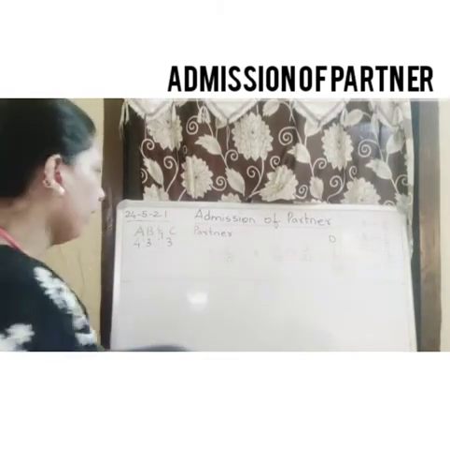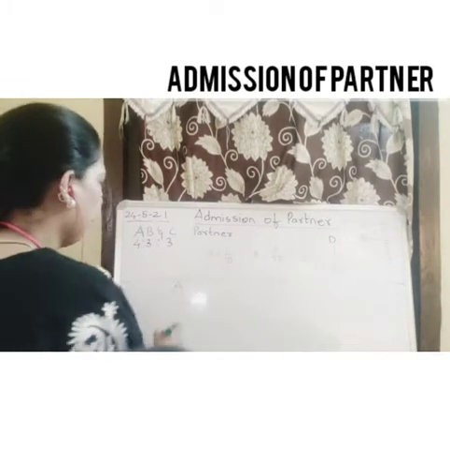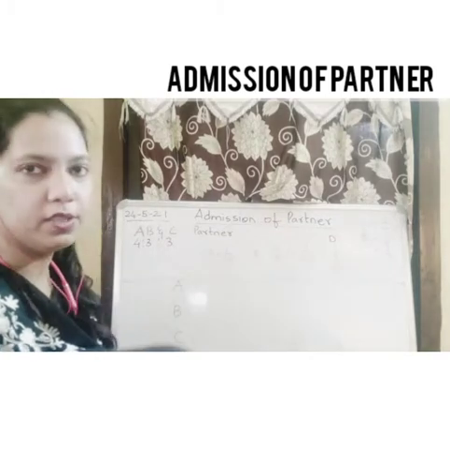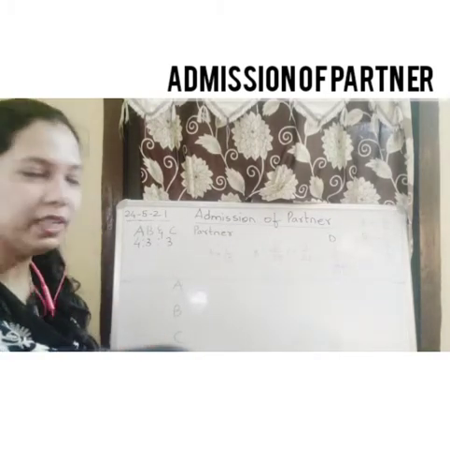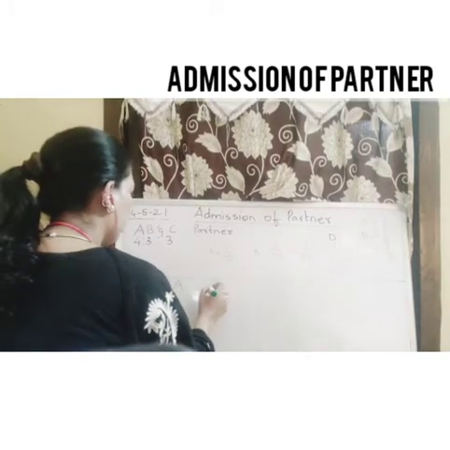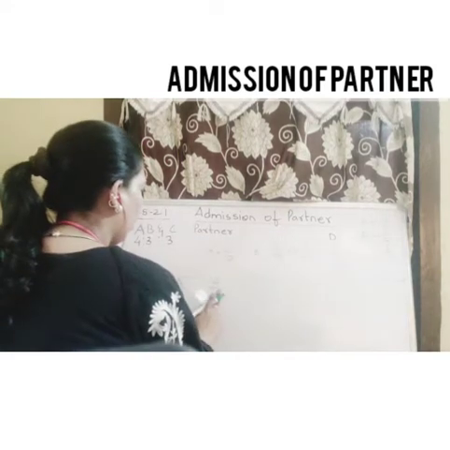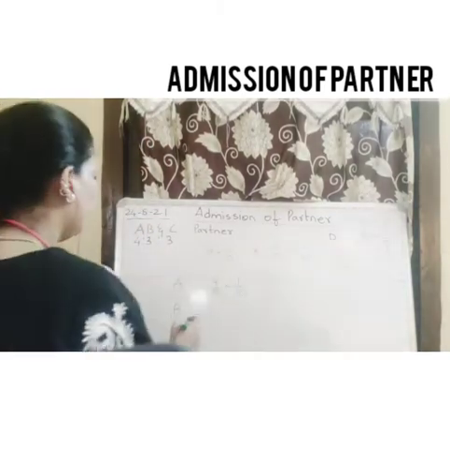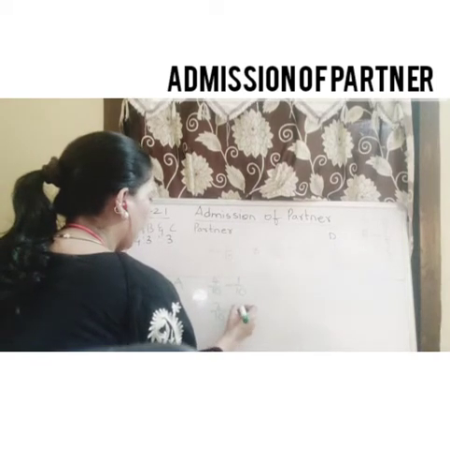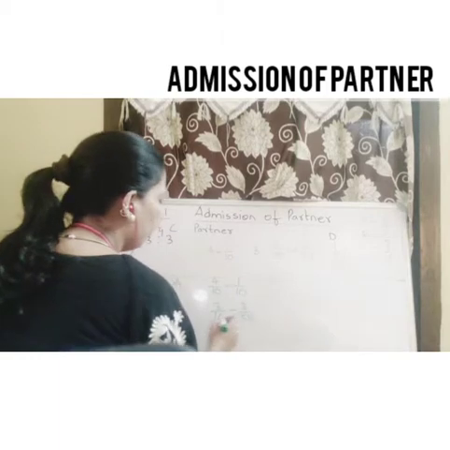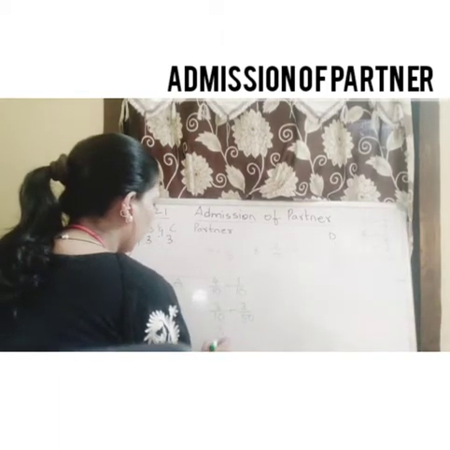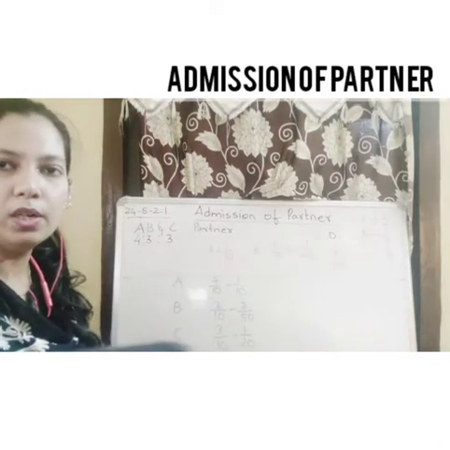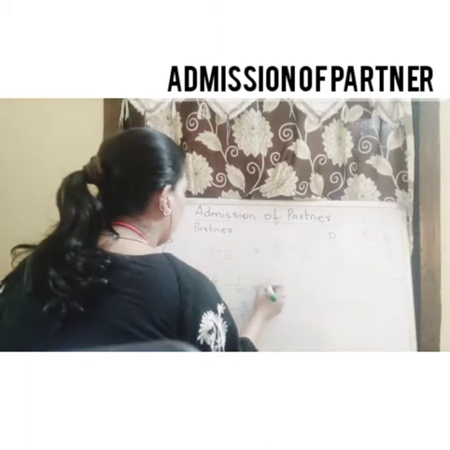Now we go to the second part, where we calculate the part left for A, B and C, because these partners have contributed a part of their profit towards D. So now we need to calculate what amount of profit is left with A. We take the old share of A and reduce the amount he has contributed towards D. Again for B, we take the old share of B and reduce the amount he is contributing to D, and the same goes for C, where we take his old share and reduce the part he is contributing towards D. And when we calculate this, we will get